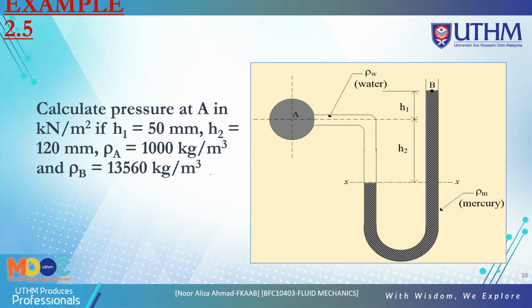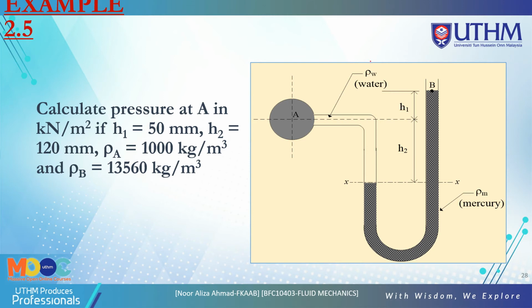Calculate the pressure at A, with the pressure of B given. Calculate the pressure at A in kilopascal if H1 is given as 50 mm, H2 is 102 mm,